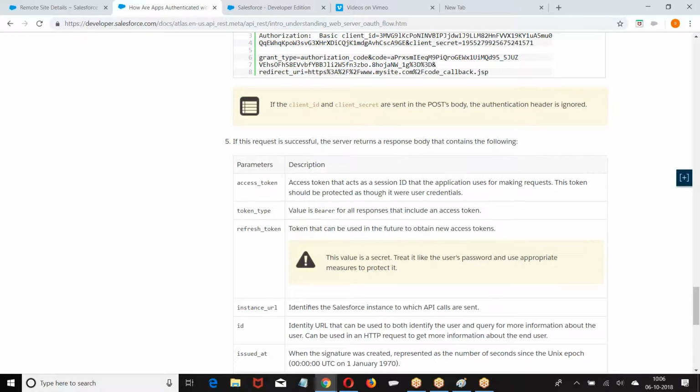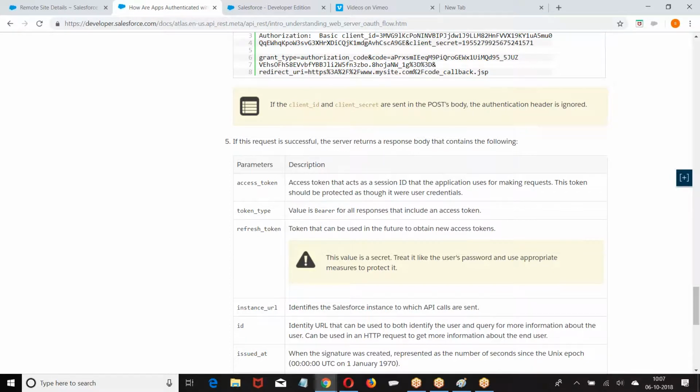I hope you are good. Okay. Now look at the point. Now as of now, we have seen access token. We have discussed that access token is like a session ID. Then what is that reference token? When you made an authorization using a username password, we didn't get a reference token. We got only an access token. But when you are going with a web server authorization, we are getting an extra token called reference token.